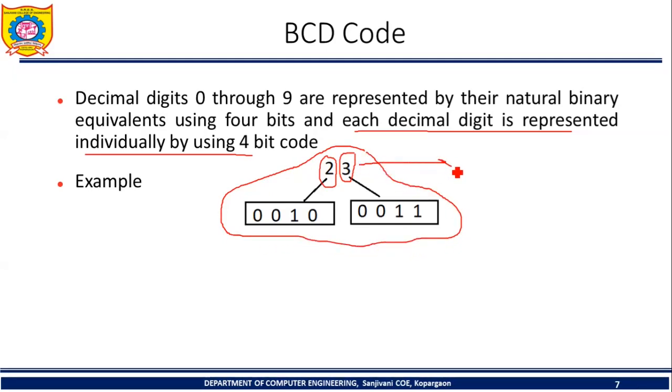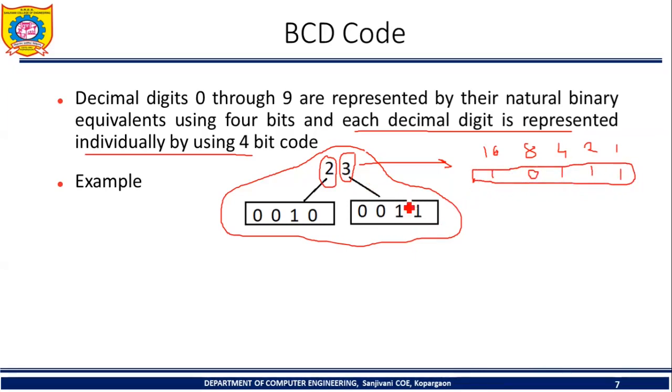Now suppose I want to represent this 23 in binary code. In order to represent 23 in binary form, you should consider the weights present in the binary number system. In the binary number system we have weights like 1, 2, then 4, then 8, then 16. I want 23, so the bit corresponding to weight 16 should be 1. 23 minus 16, 7 are remaining. So 4, 2, 1: 4 plus 2 plus 1 is 7, and this particular bit should be 0. So this is the binary equivalent of 23.